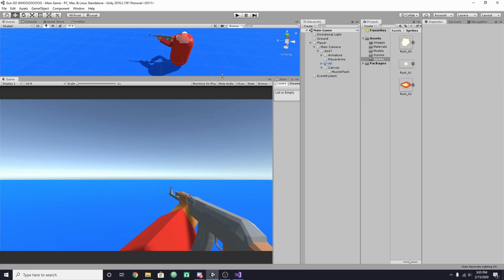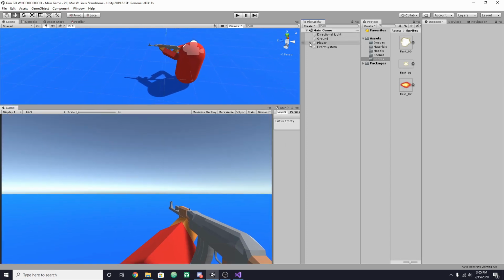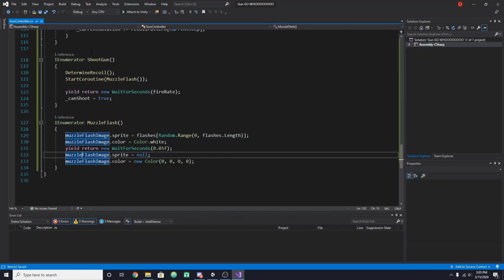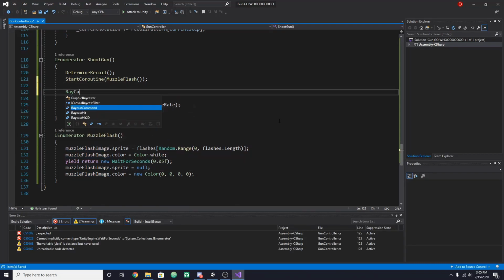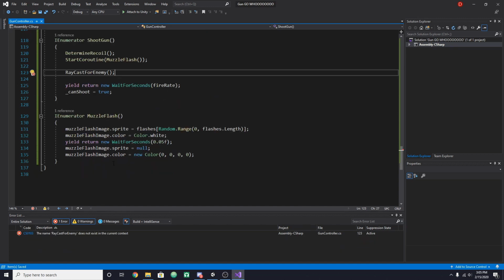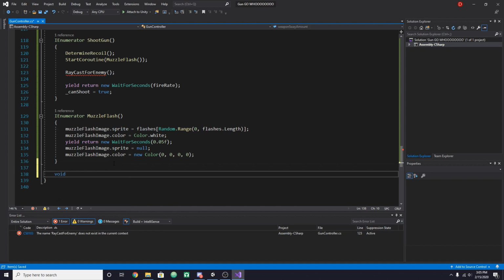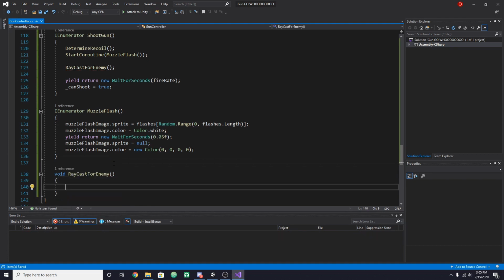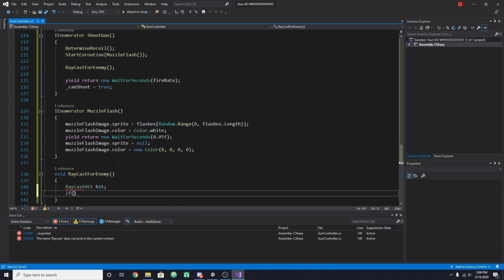So that's actually it. We're done with the gun. But in order to make things a little bit more fun, I want to be able to actually hurt the enemies. So inside of the ShootGun function, we're going to go RaycastForEnemy. And now let's create a function called RaycastForEnemy. And we're just going to do a simple RaycastHit. Call it hit, and we're going to check if